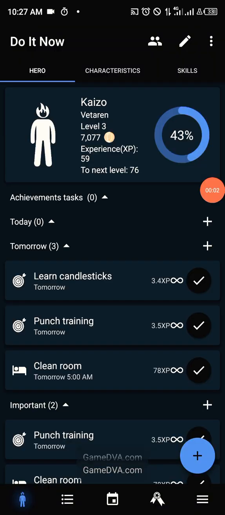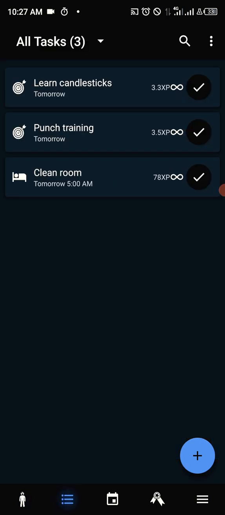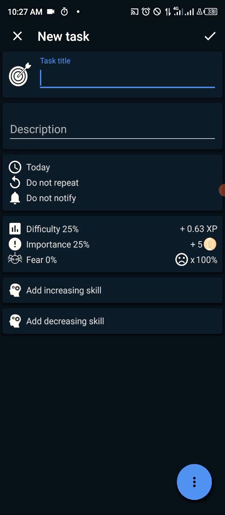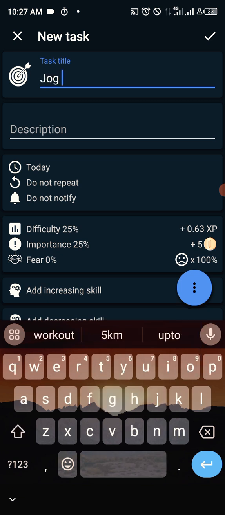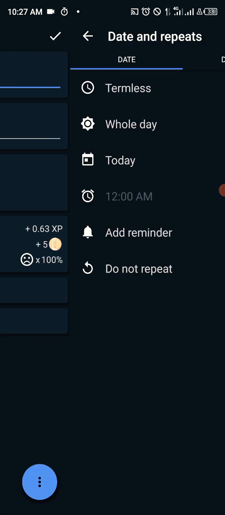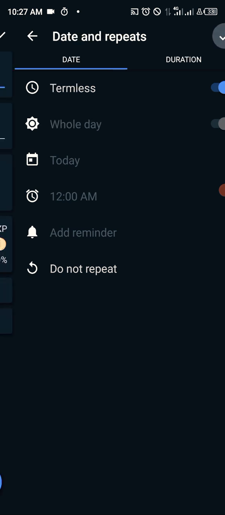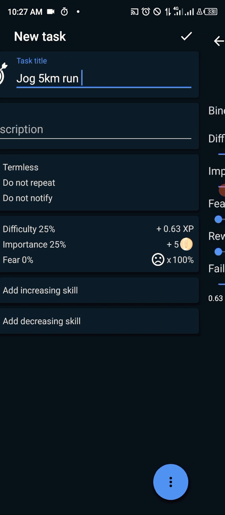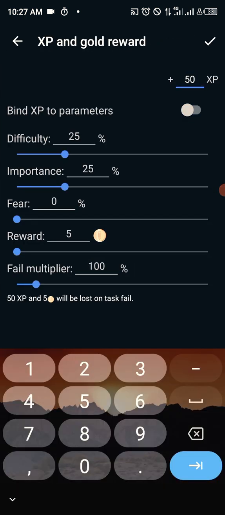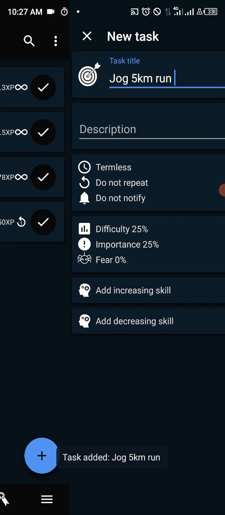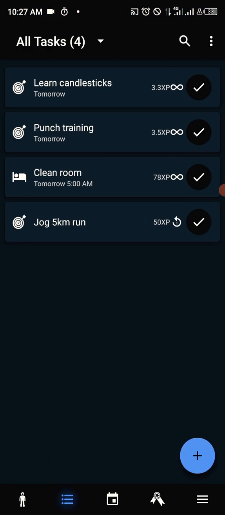So for the achievements, what you're going to do is go on tasks. Once you go on tasks, you create a task named jog 5 kilometer run, and you're going to say termless to make sure you can do the task anytime you want to do it, and it's going to be on do not repeat. Just leave that the way it is, and then you add whatever you're going to add here. Just say 50 XP, and once you do that, you have your task done. Then from there,